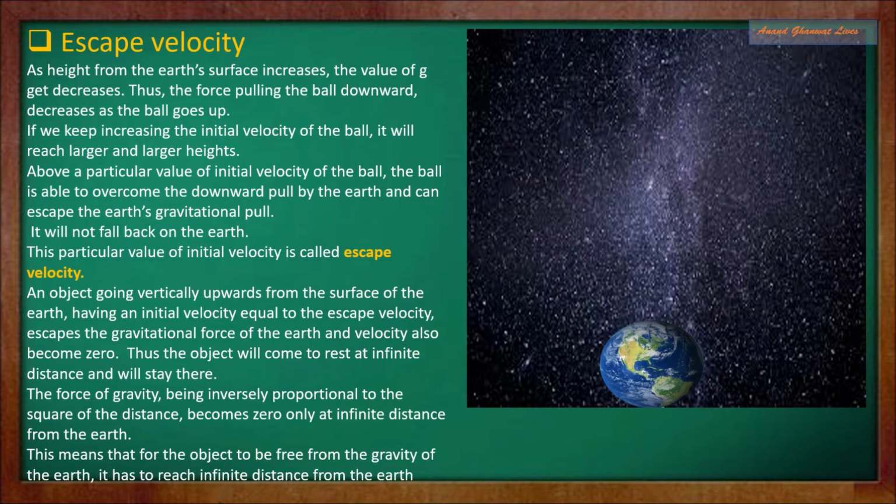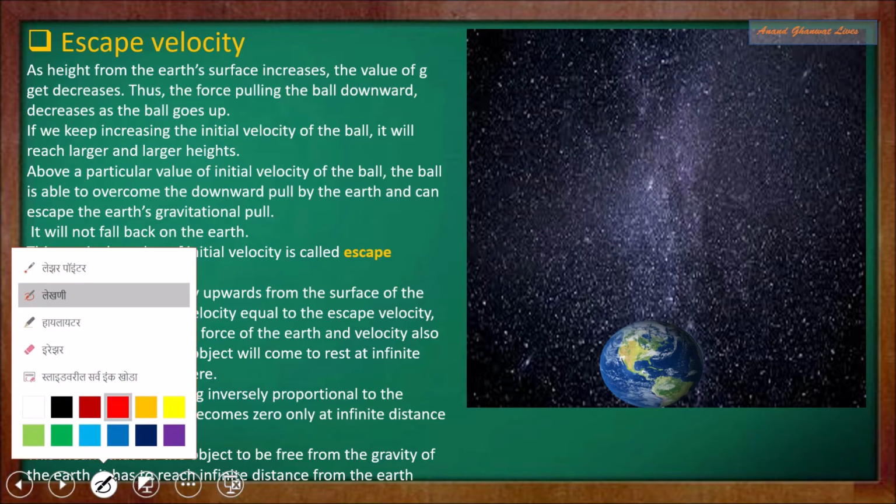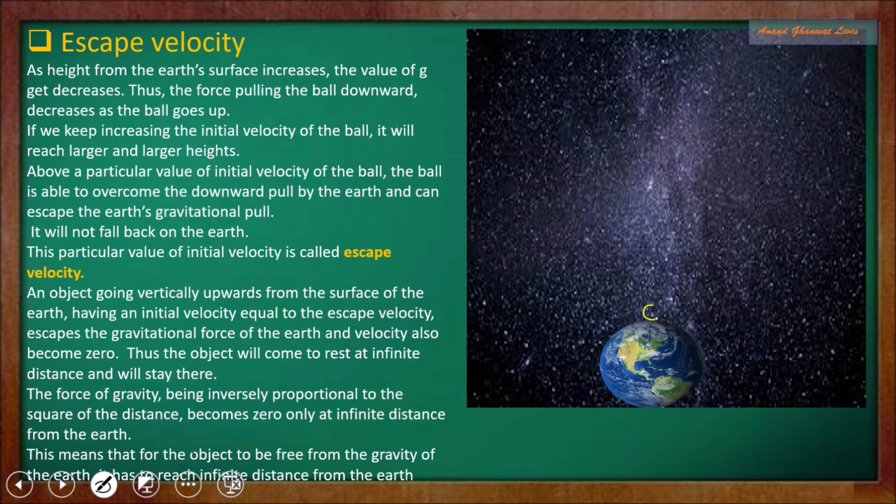What happens actually? An object going vertically upward from the earth's surface, having initial velocity equal to escape velocity. Now if we apply initial velocity equal to escape velocity, what happens there? The ball is here, and we are applying the initial velocity of the ball equal to escape velocity. This is the gravitational pull present around the earth's surface. The ball will go in the upward direction